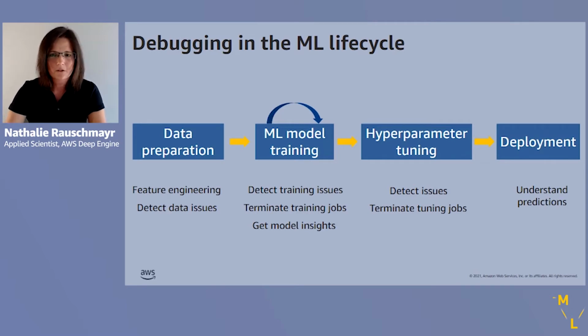Once we have a good machine learning model, we are ready to deploy the model. During deployment, what can happen is that the distribution of the inference data may be significantly different than the distribution of the data the model has been trained on. If this happens, then it may mean that the model makes a lot of incorrect predictions. Debugging at this stage should help us to understand false model predictions. For instance, if you have deployed an image classification model, then you may want to use techniques such as saliency maps that show you what your model is paying attention to when it's making predictions. That can help to better understand false model predictions.